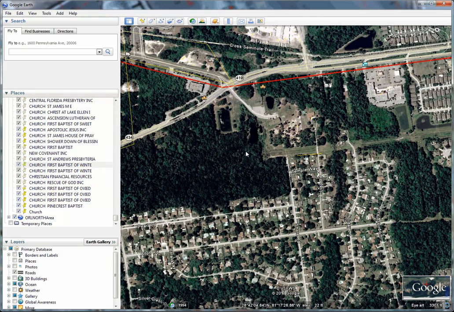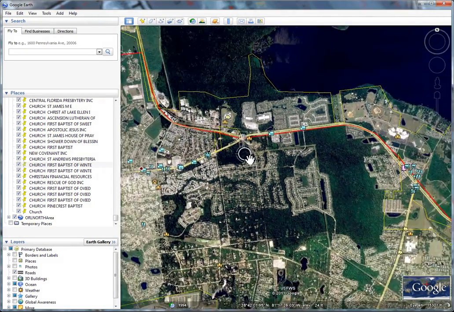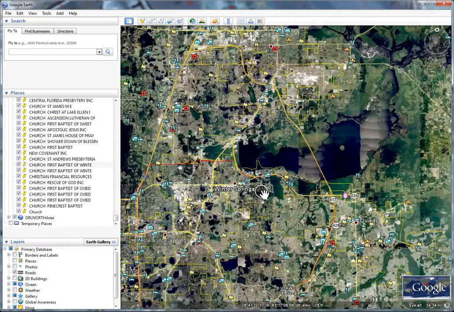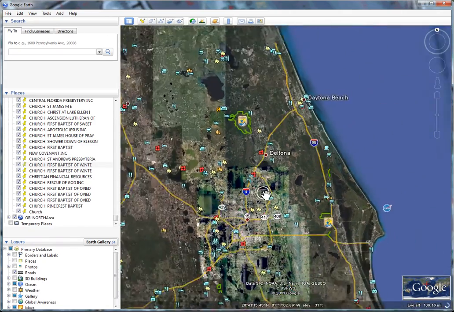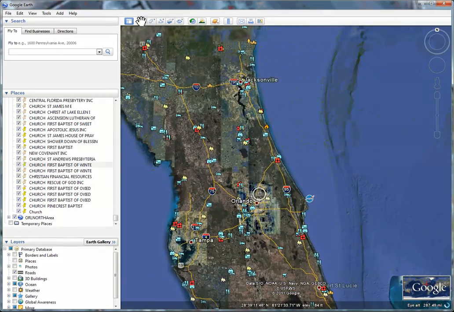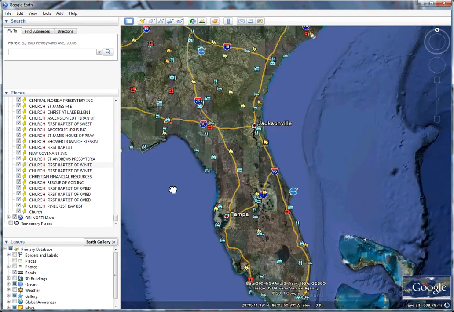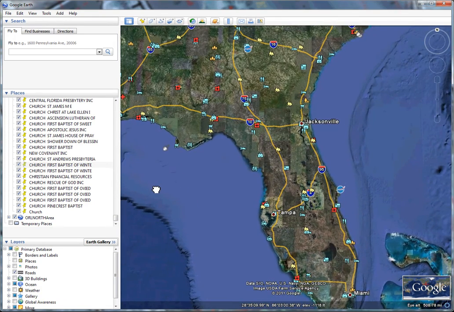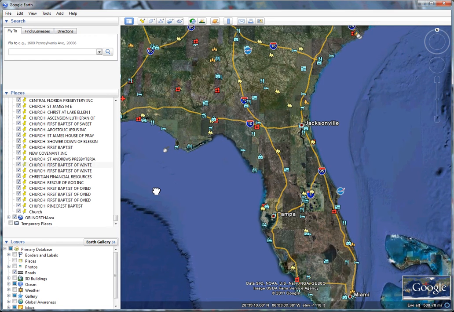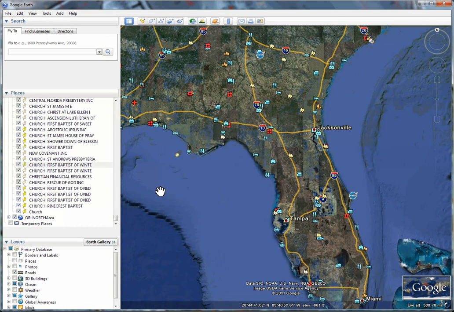We'll zoom out, and indeed we can zoom out as far as we wish. We can go out to any place on the globe. Here we're looking at the state of Florida, and having done this,